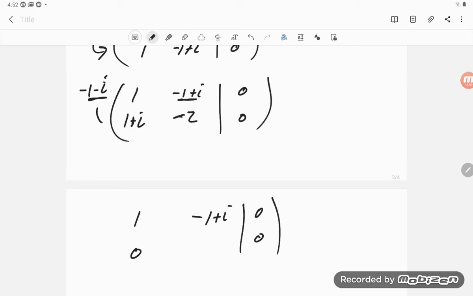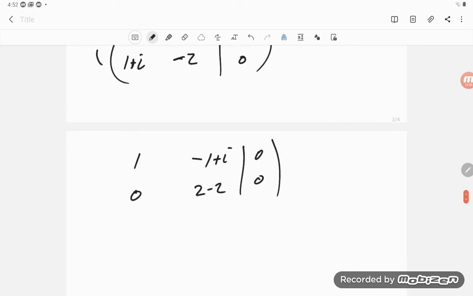And so I will indeed here end up with 2 minus 2, which is 0, which is what I need. And so my eigenvector here is z1 is equal to,